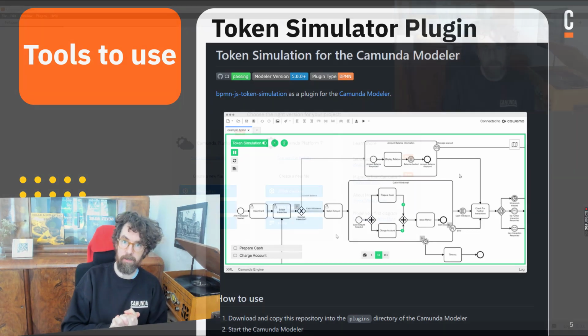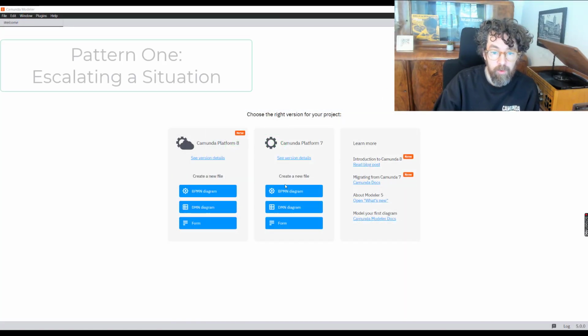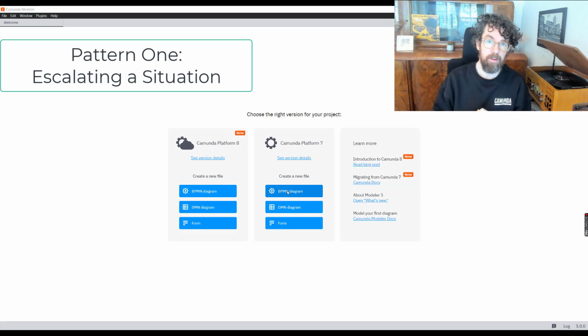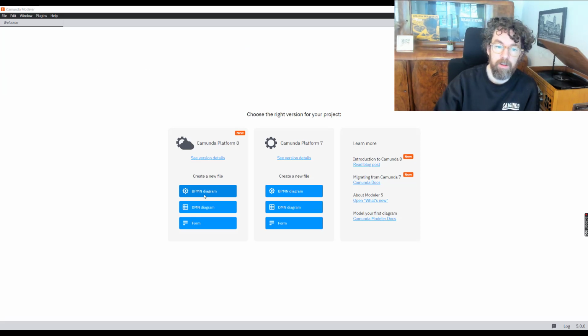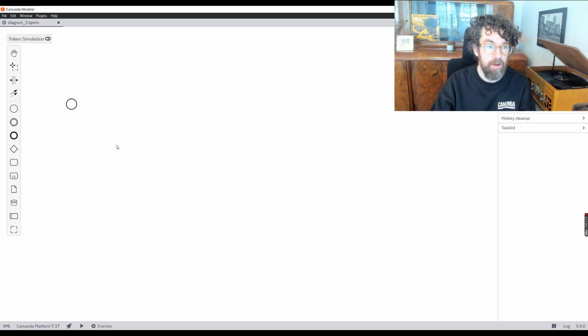Okay, so let's get started. So here we are inside the Camunda modeler. We're going to build a Camunda 7 diagram just because we're building a process here for documentation, essentially. So we're not thinking about execution just yet. The Camunda 8 version of the modeler here would enforce certain symbols that have executional parameters only, so we're not going to limit ourselves to that. So let's click here on the Camunda 7 BPMN diagram. Okay, so here we have the modeler.